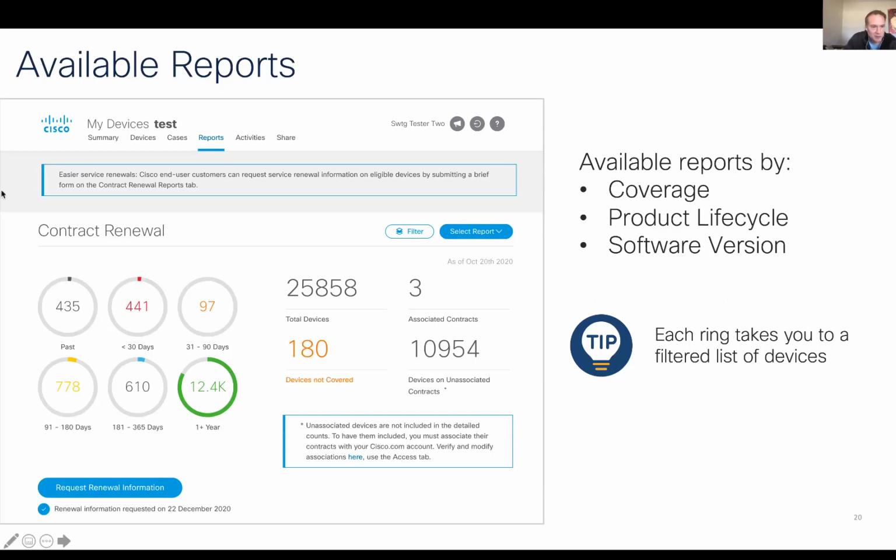You can get a device listing specific to that time frame and export that information to an Excel spreadsheet, tweak it a little bit, send it off to your finance folks, let them know what you want to get renewed, and go down that path. If there happens to be a device that is going to expire within the next 180 days or has recently expired within the last 180 days, and those devices haven't passed that end of service contract renewal date,